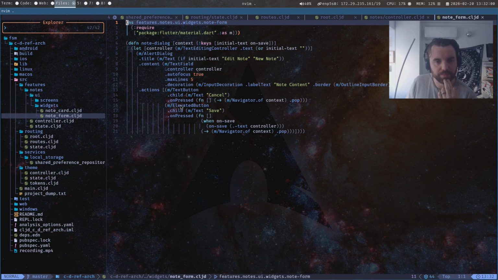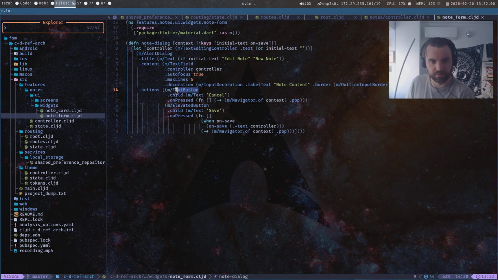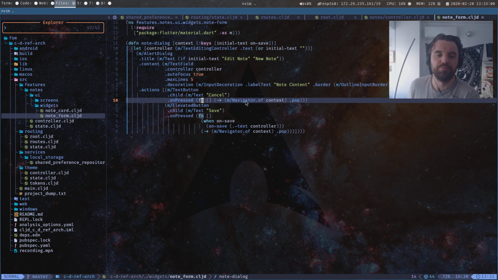Forms and stuff. If you look at the Dart from earlier on, you saw what's going on here. We're pulling in this Dart package material, which is Google's material design. This could also be Cupertino from iOS, and then from there we're just taking this widget, the text button, and we're saying the text button has a child that's just a text saying cancel. Then we put a little message here saying if this button is pressed, then do this anonymous function, and use the navigator and just pop it off the navigator, which is how navigation works. When you go somewhere, it just adds it on top, and then pop just pulls it off, right?